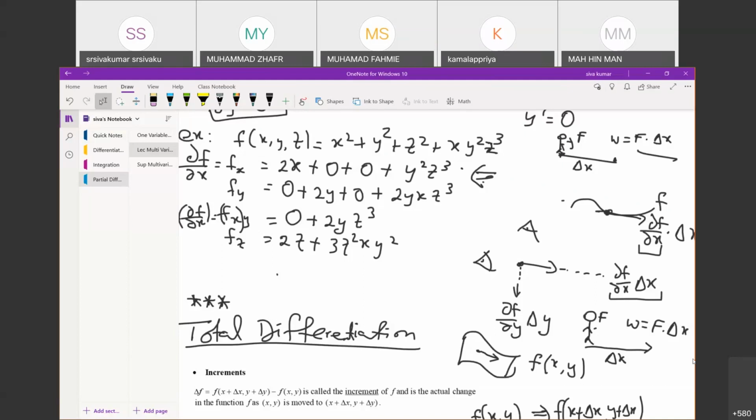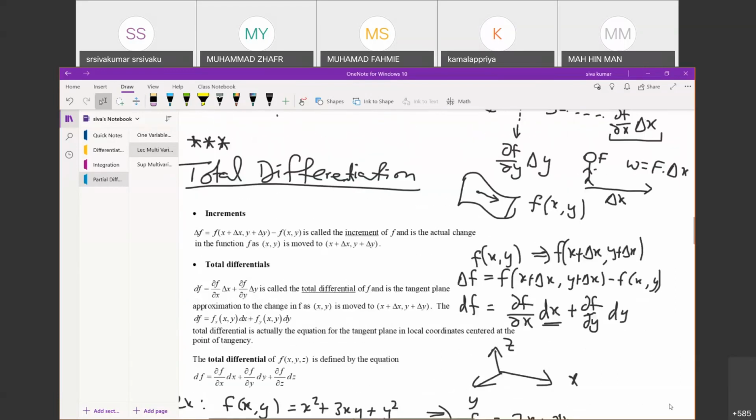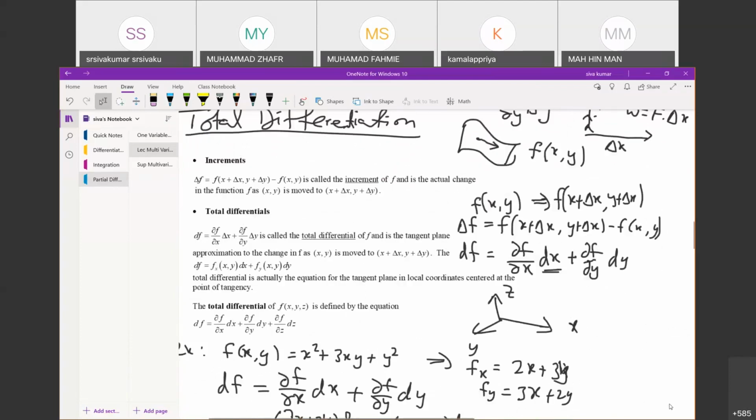Again for the y side, it can be up or down, no problem. If I draw it up also, no issue, as long as you can see the direction is a vertical line. This is horizontal, and this is vertical. Therefore, for the vertical I can calculate in this way. Now I'm saying I want to combine together and see the total. Remember, this is a total differential. Can you see that? Total differential.